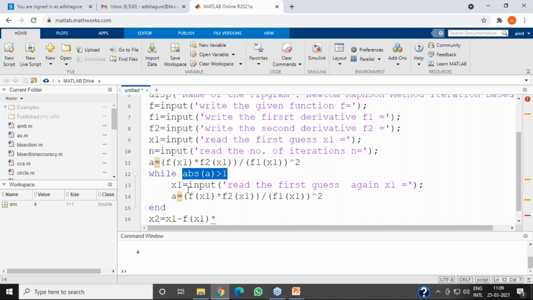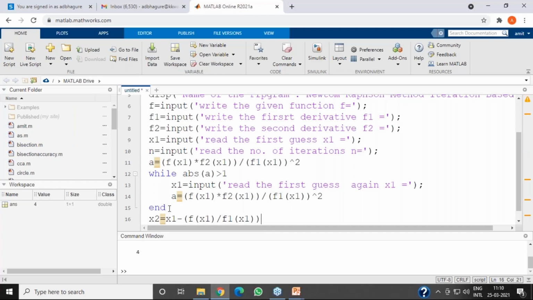For that, you can write x2 equal to the Newton-Raphson formula, which is x2 equal to x1 minus f of x1 divided by f dash of x1.